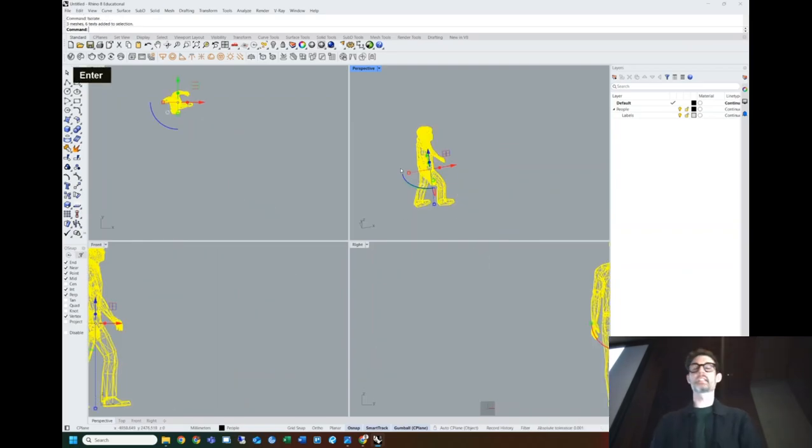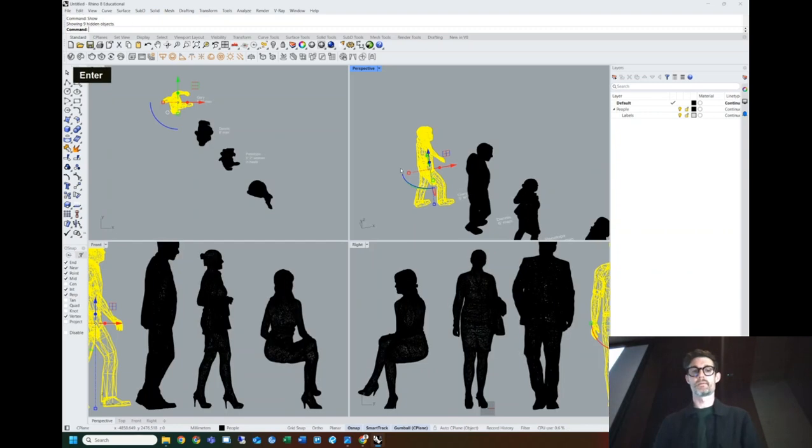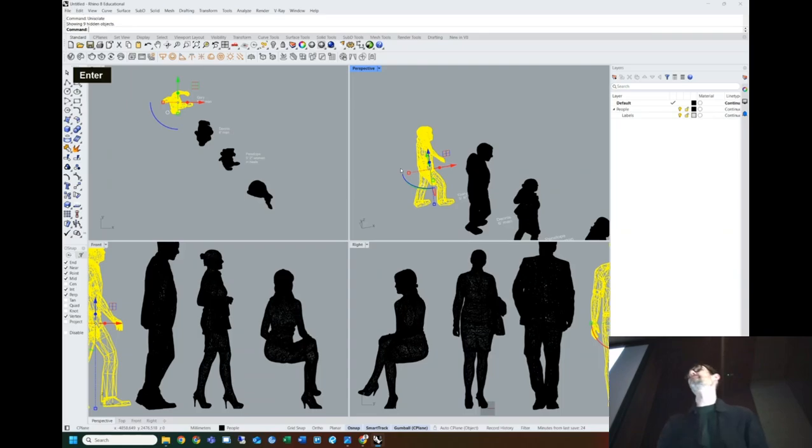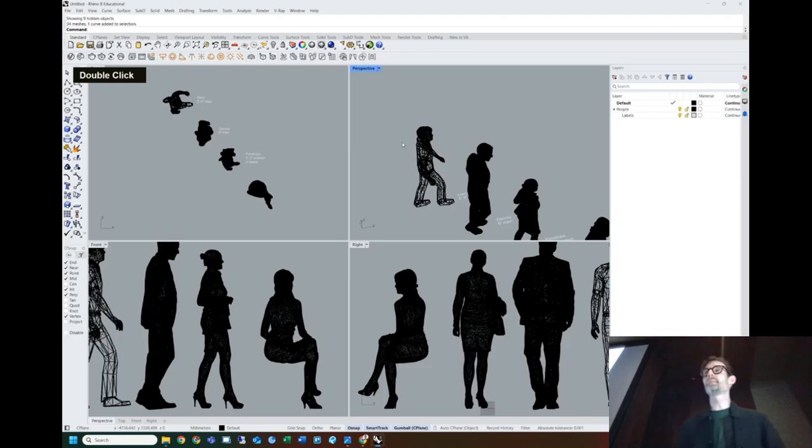I can type isolate, I can isolate one thing, I can work on that area of my model, for example, without all the distractions of everything else, just those certain elements. And then when I'm done, I can type show. Or I can type isolate, and then I can type unisolate. It does the same thing. It's quite conversational. If you can think of a term, you can just try typing it and see whether Rhino recognizes it. So I'm jumping ahead here,